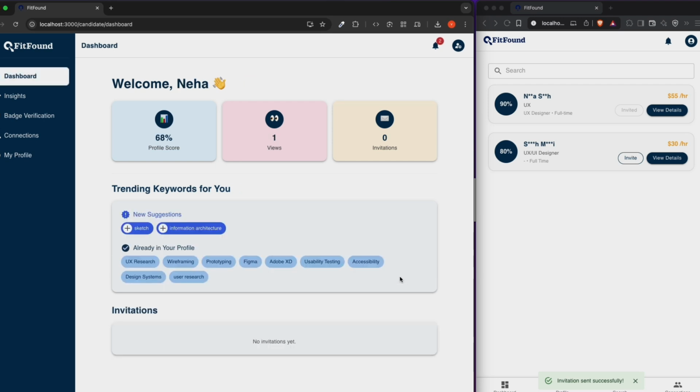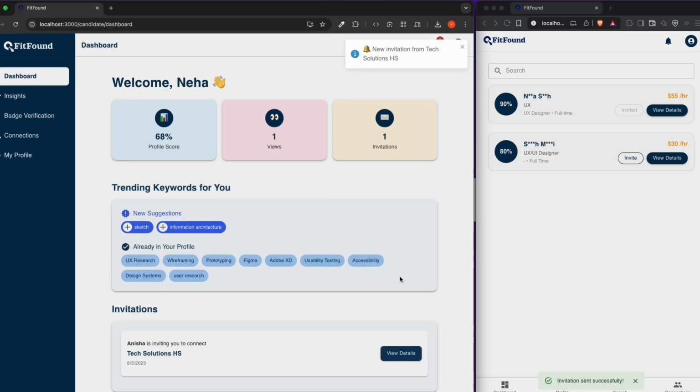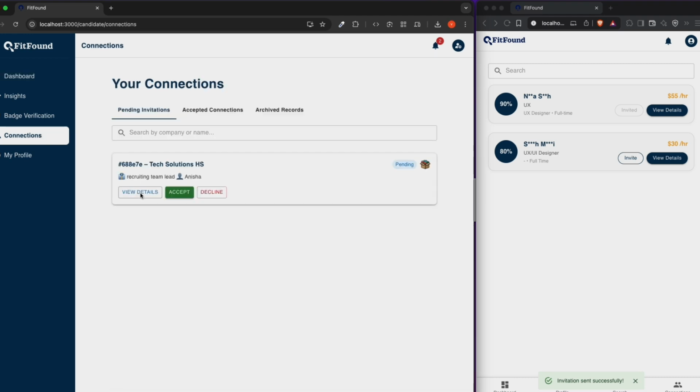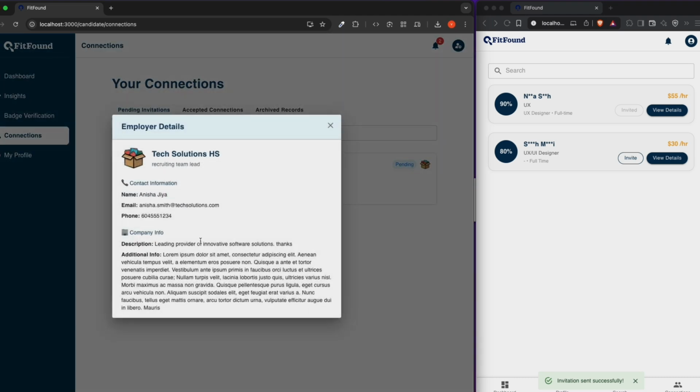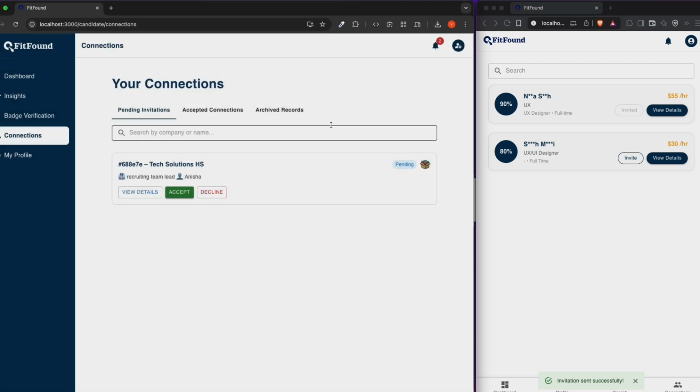Now back on the candidate's dashboard, we have received a notification: you have received a new invitation from a company. You can also go to the connection tab and see the invitation, check the details, the person contacting you, and the company information. We'll accept the connection from that company, and it will appear in our accepted connections.